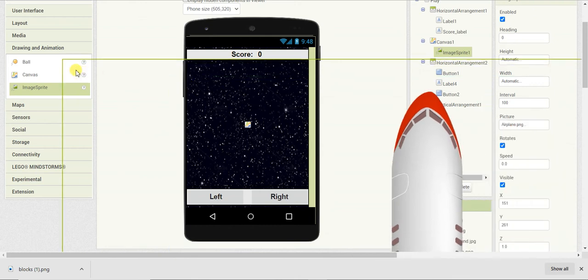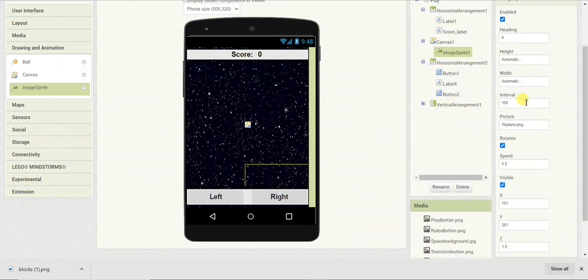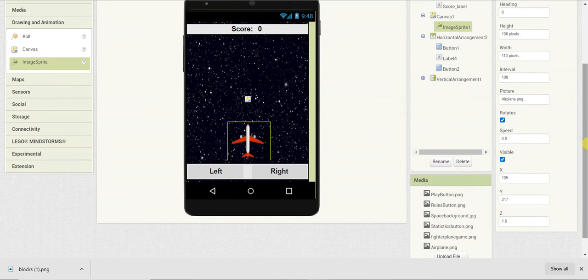So you can see that it's too huge. So what I'll do is I'll just change the height and width of this. So for the airplane I'll give the height as 100 pixels, and the width I'll change to 110 pixels. So now you can see the size is small and it's perfect. If you want you can change this, I have given an approximate value. Now I'll change the x and y position.